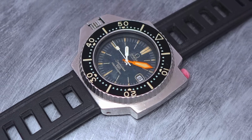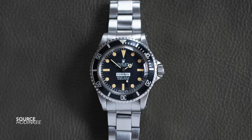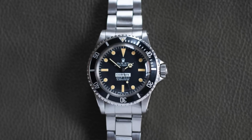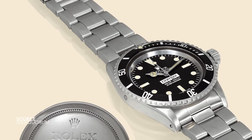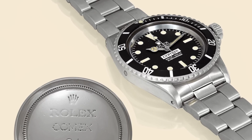And there is a lot of great data and documentation showing how the Ploprof was used extensively by Comex divers. But this partnership that Rolex shared with Comex, I think having the two names together sounded good, the relationship flourished. The only issue is that the Submariner's crystals kept popping off. So through development of the 5513 and to the 5514, we started seeing some experimental prototypes of models with helium